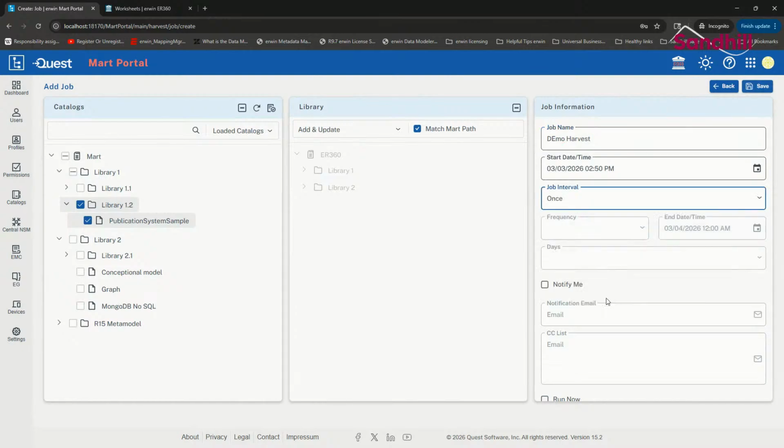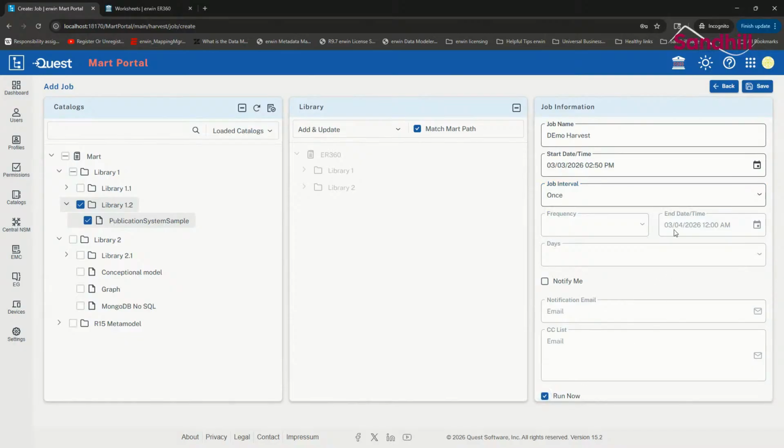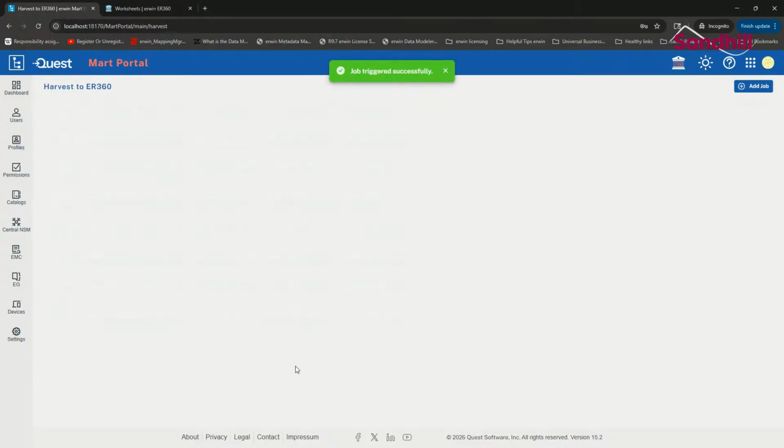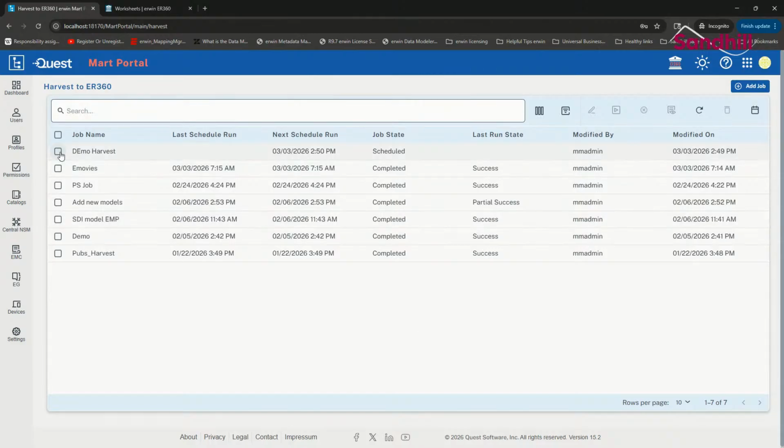I'm just going to do it once. If you had your email set up, you could add an email notification, but I'm just going to select run now and select save. That will trigger the job. And basically it's a small model. So basically what you could do here is, these are some of the controls that you have. You could select it. You could run a job as